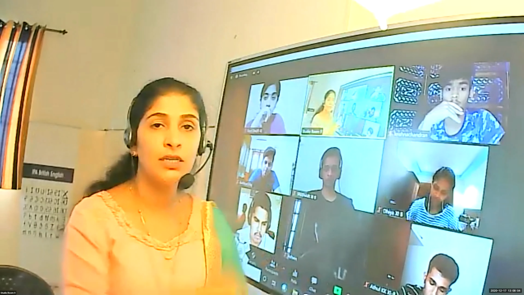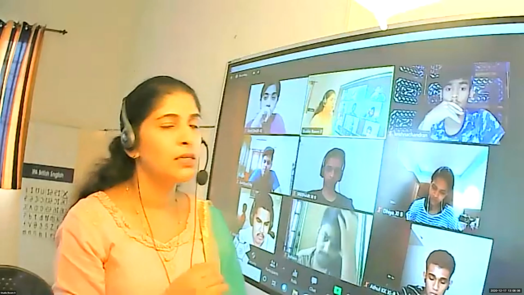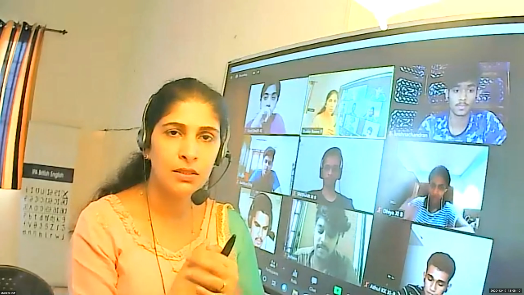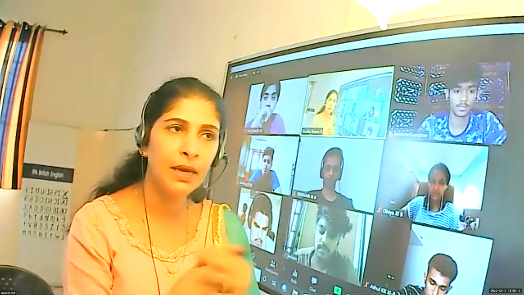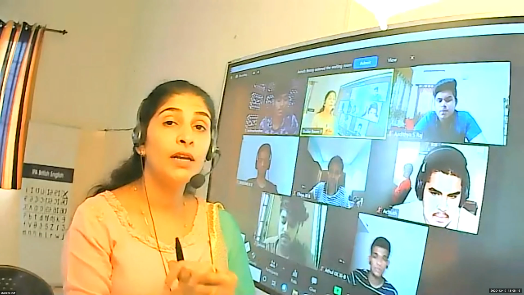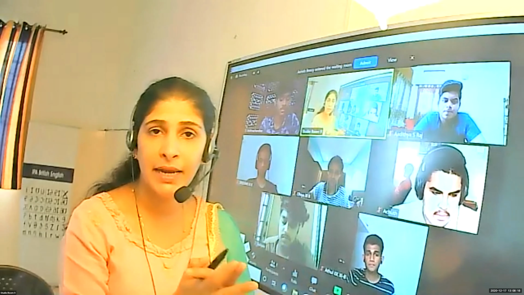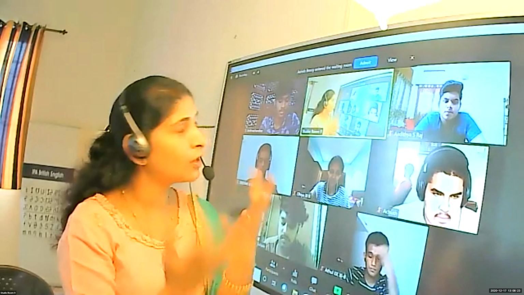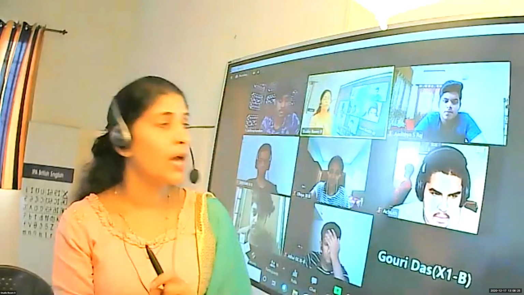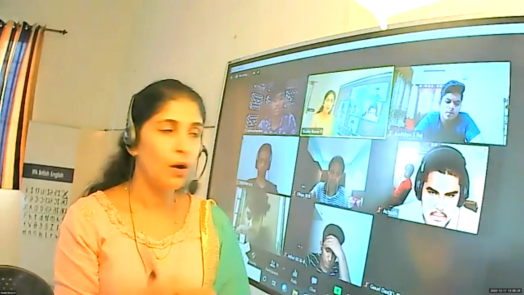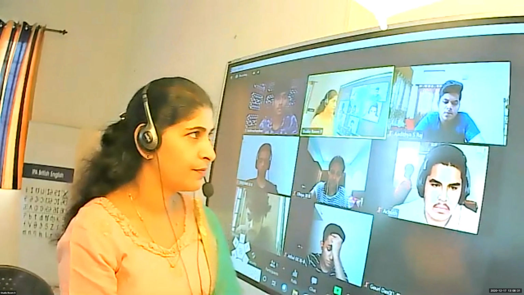Now let's see sorting. Suppose in a class, the students' entries are in roll number order: roll number 1, 2, 3. But if you want to view the table details in ascending order of marks, or descending order of marks, or ascending order of age, what will you do?